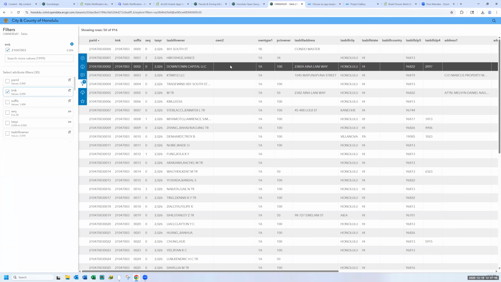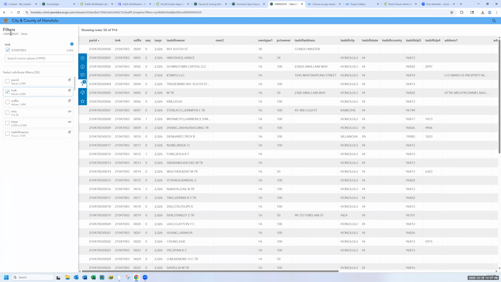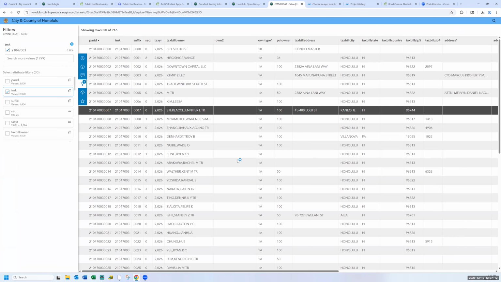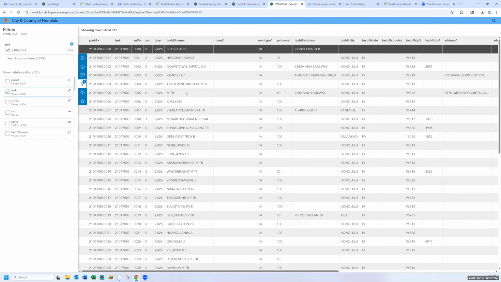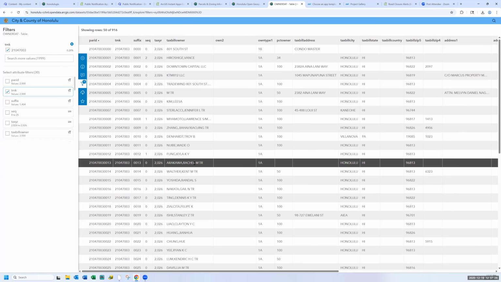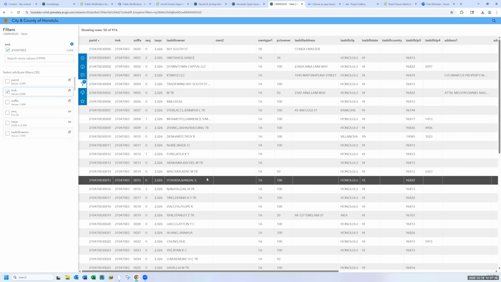So basically, the one that I showed, which is called owner data, lists the first or primary owner for every single property. Obviously there might be multiple owners for some properties, so in this case this is just the primary, which is probably where you would want to send mail or inquiries.